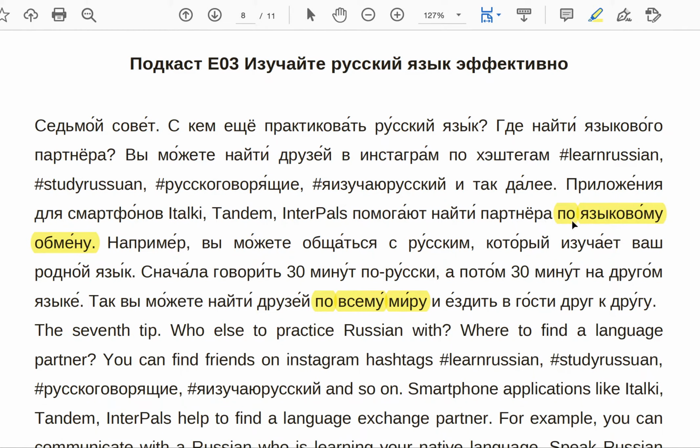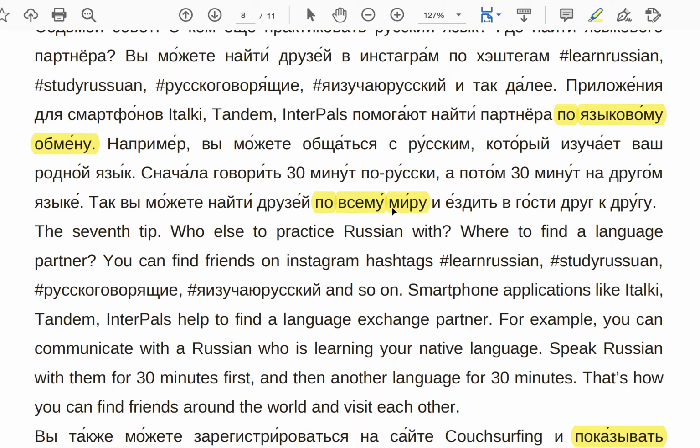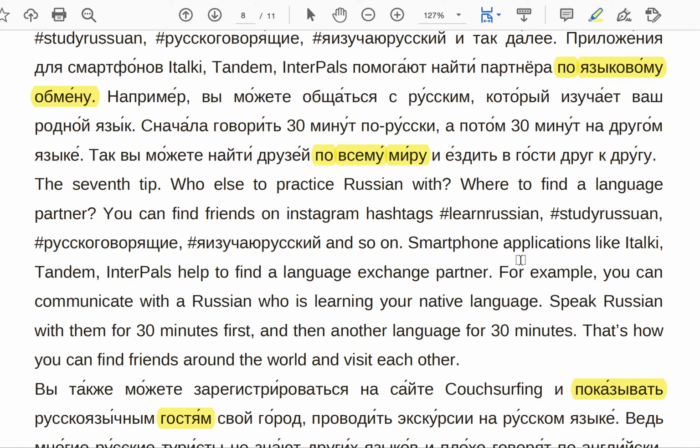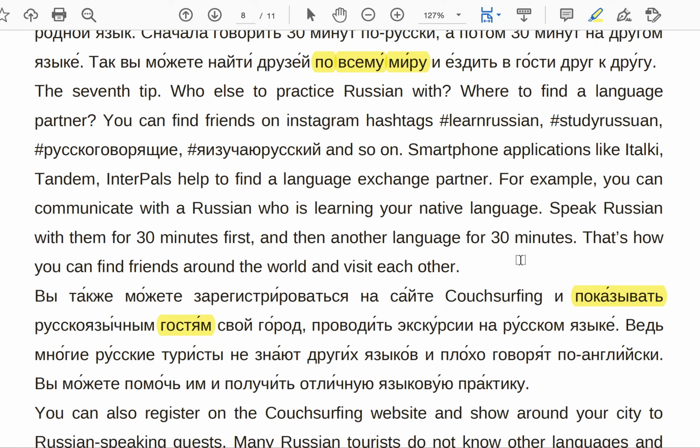Помогает найти партнера. Okay, so in this case, помогает is not really being used as a trigger word, but this is just by a Russian exchange. По всему миру. Так вы можете найти друзей по всему миру. Okay, around the entire world is what we're talking about there. So maybe you can get a sense of why I mean. Sometimes it means via or by means of, sometimes in or on, or sometimes around, which is probably the best